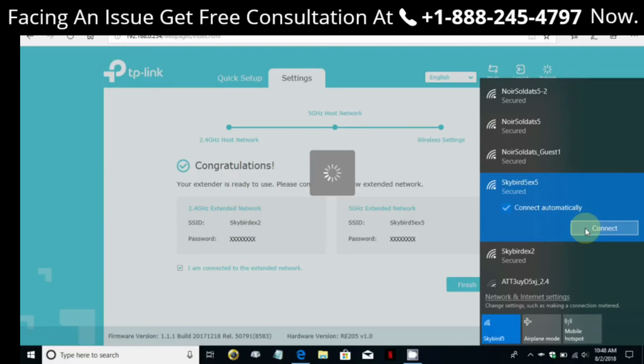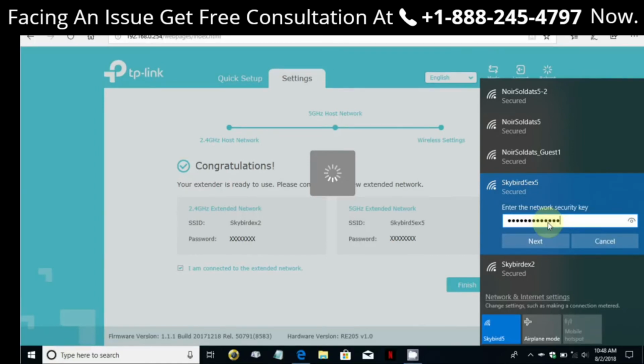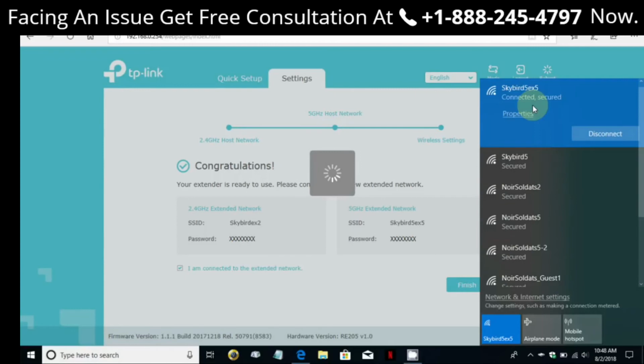And once you do, go ahead and click on connect, and then you're prompted for a Wi-Fi password. And this is your existing Wi-Fi password that you use on your network. It hasn't changed. And once you click on next, it will make a connection, and then it shows here that I'm connected and secured on the Skybird EX5, which is the 5 gigahertz